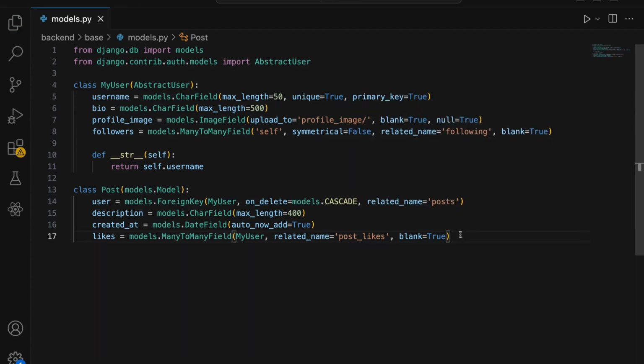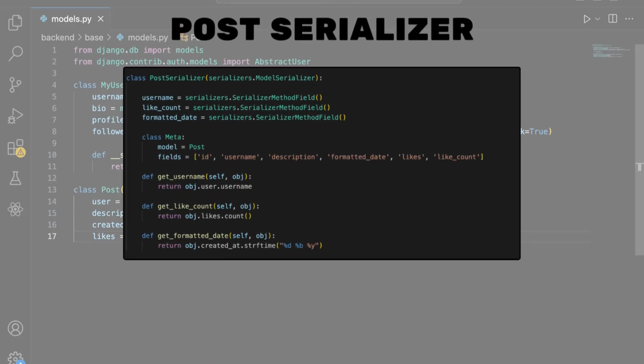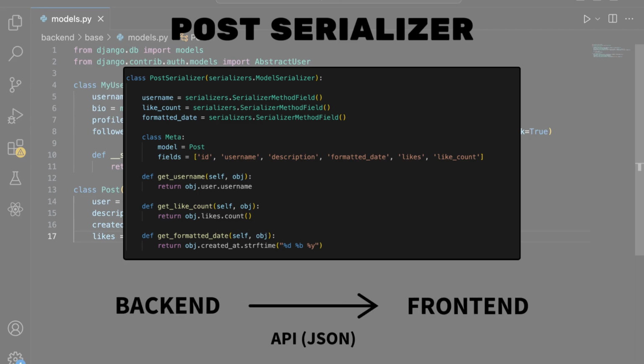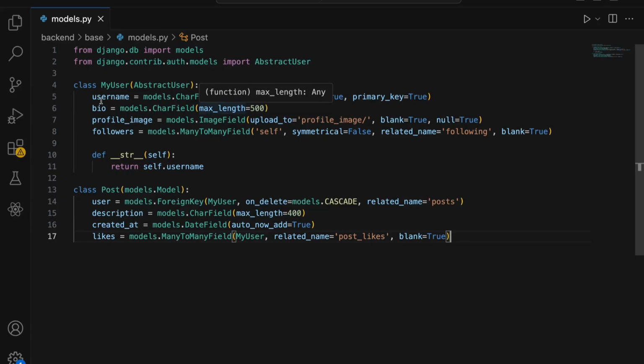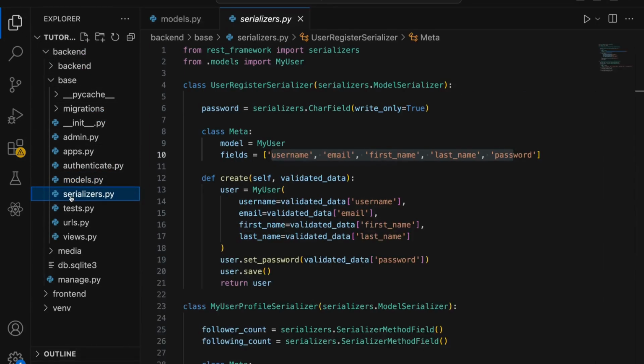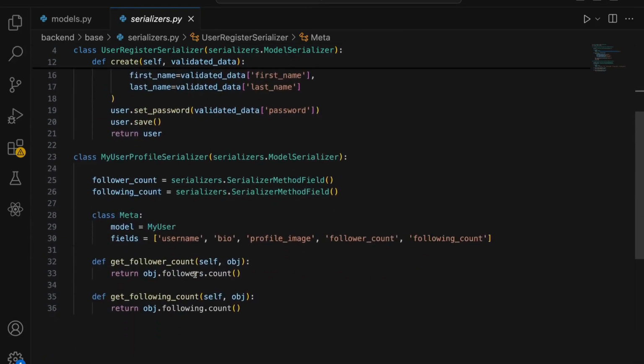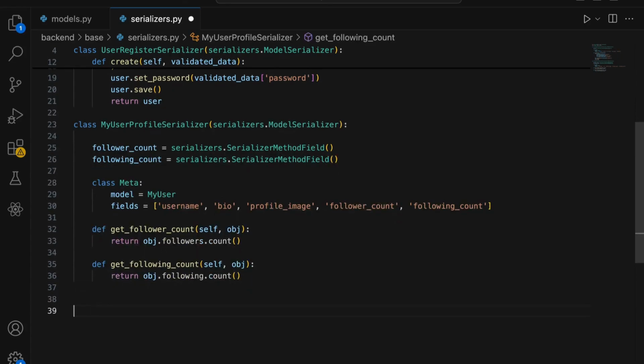So now we've built out our post model, we need to build out a serializer for our model so that we can send out data through our API in JSON format, just like we did for our myUser model earlier. So let's go to our serializers.py file. So you see it here, and you can see the ones we built before for our user registration and user profile. So I'm going to create a new one here, and we're going to call it class PostSerializer. It's going to take in